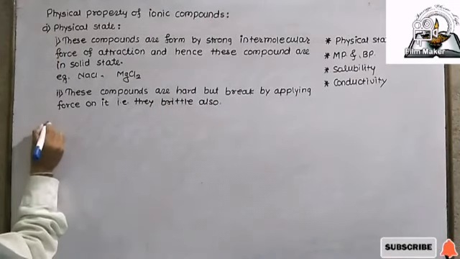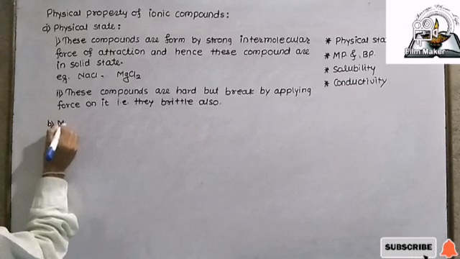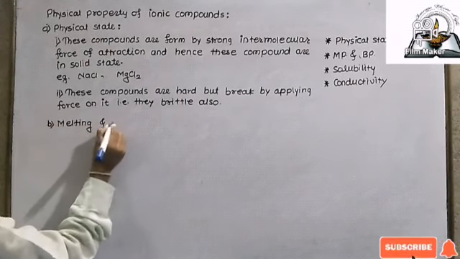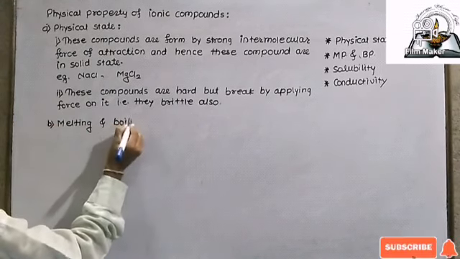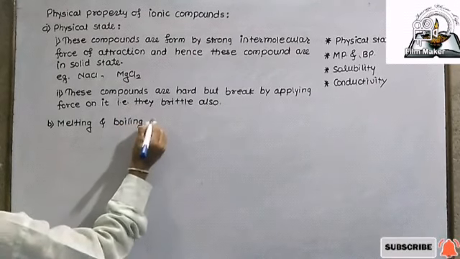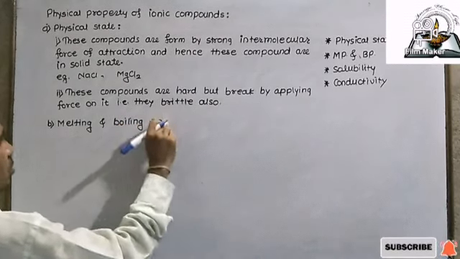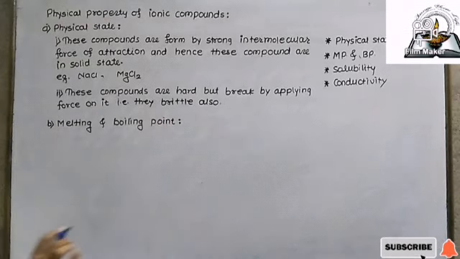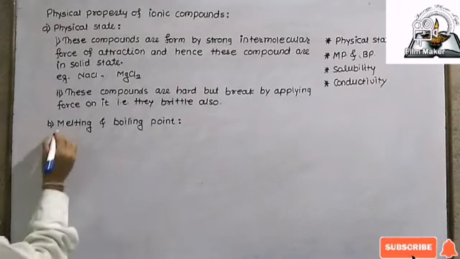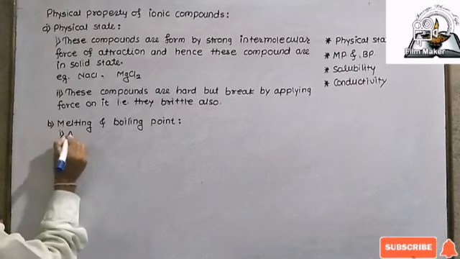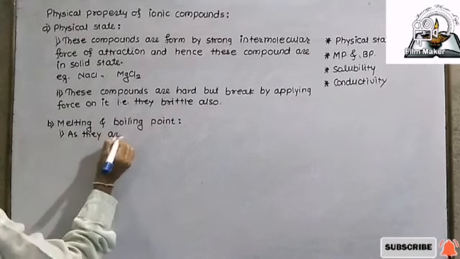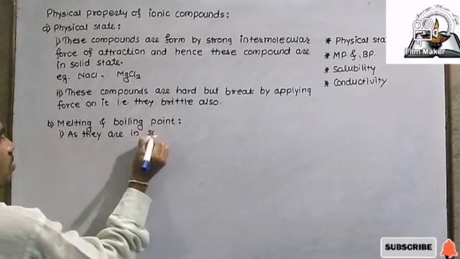Another one is the melting and boiling point. So what is the melting and boiling point of the compounds? Ionic compounds have higher melting and boiling points. As they are in solid state,